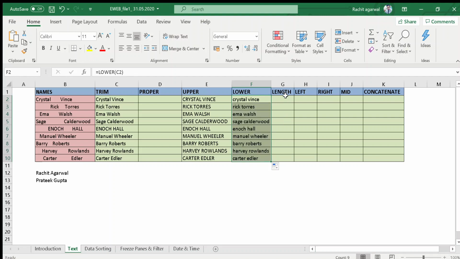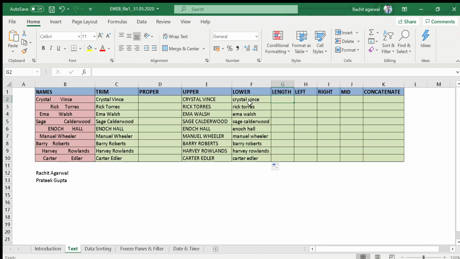Now if I want to calculate the length of a particular cell, length means the number of characters in a cell. Before using the formula, I manually calculate the length. In the first cell, 1 2 3 4 5 6 7 letters are in the first name, five in the second, and one is a space.